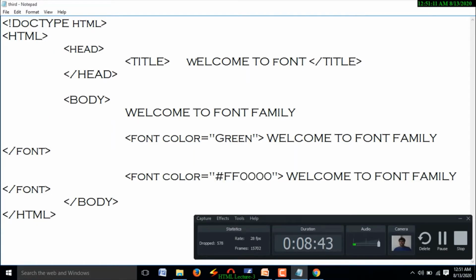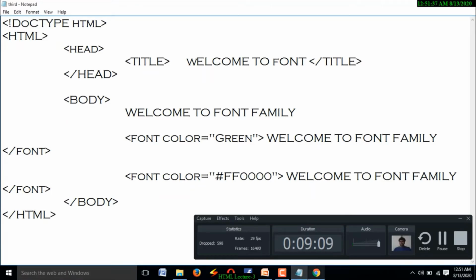In general, what is the hexadecimal value range? 0 to F. For each color we are following the RGB family. R means red. Okay, here first 2 digits represent red color, and second 2 digits represent blue color, sorry, green color, and the last 2 digits represent blue color.